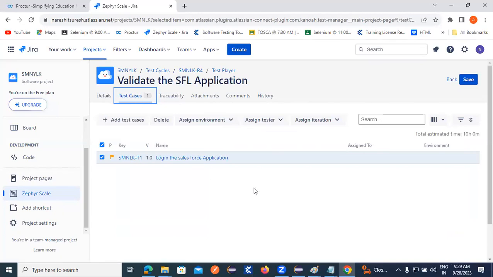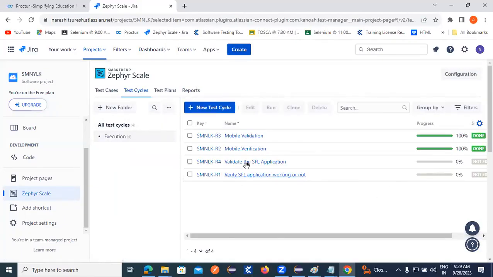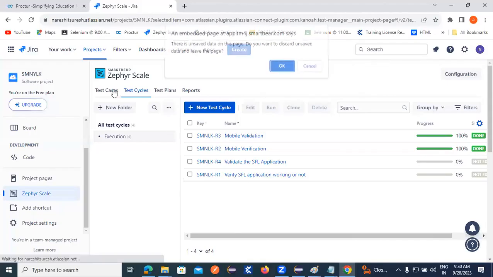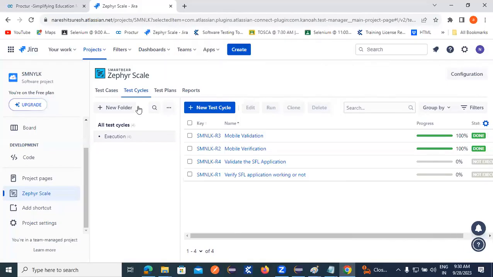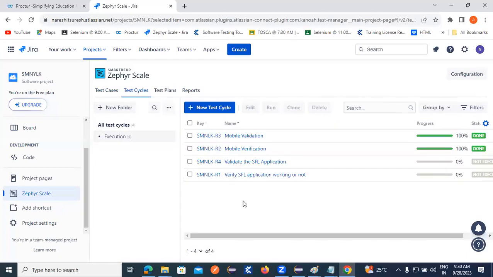the execution here. From the test case tab, you need to go to your test cycle home page. This is the test cycle home. See guys, this is the test case home and this is the test cycle home. See, in this test cycle home,